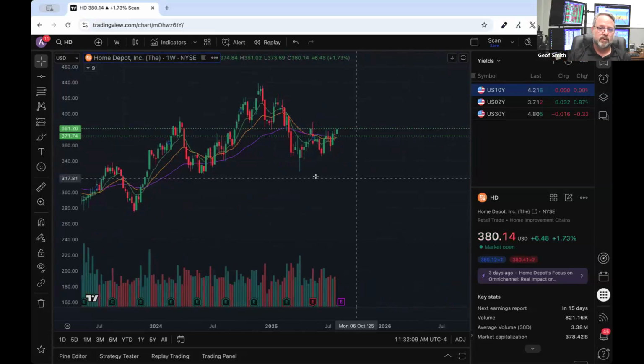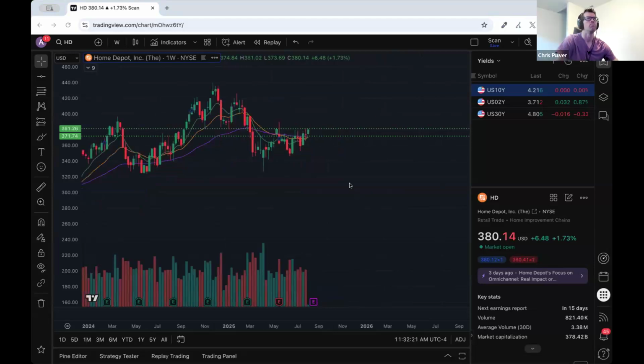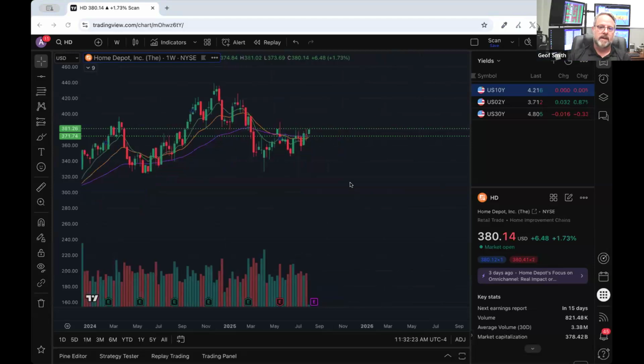You can probably pick up, pretty good. If you just want to do outright calls or just buy the stock, whatever it is, doesn't matter. Even if you want to do it the other way around and maybe sell puts on the thing, you could probably do that. It's expensive stock, don't get me wrong, but I think you're starting to set up here,